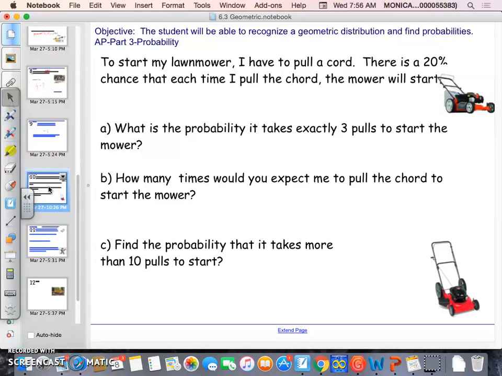It says, to start my lawnmower, I have to pull a cord. There's a 20% chance that each time I pull the cord, the mower will start. So what's the probability that it would take exactly, so the key word is exactly, 3 pulls to start the mower? So I'm going to say it's geometric. And the reason is because it says it will take 3 pulls. It doesn't say that I am going to pull the lawnmower a total of 10 times. It doesn't give us the total amount. We're going to stop pulling the mower after we have started it. So that's a geometric